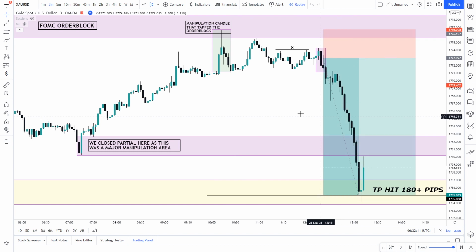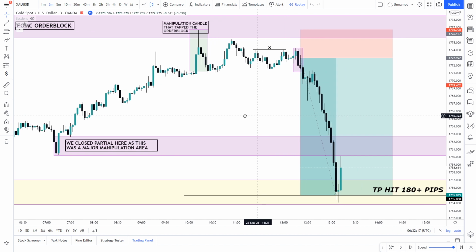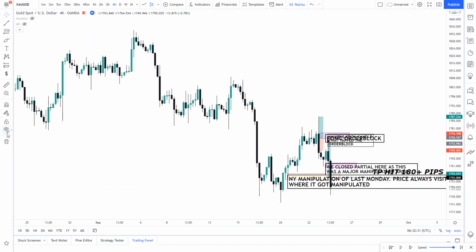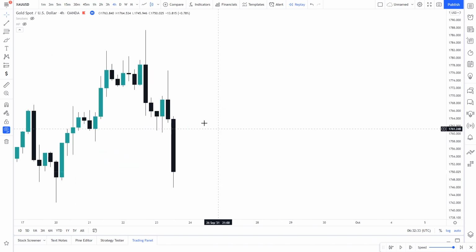this is the in-depth gold analysis of what we took in SXAFX VIP last Thursday. So let's get started, and we're going to break down from the 4-hour time frame to the 3-minute time frame so that you can understand all the confluences that we used to take this. In the 4-hour time frame, if we just jump in, we can clearly see